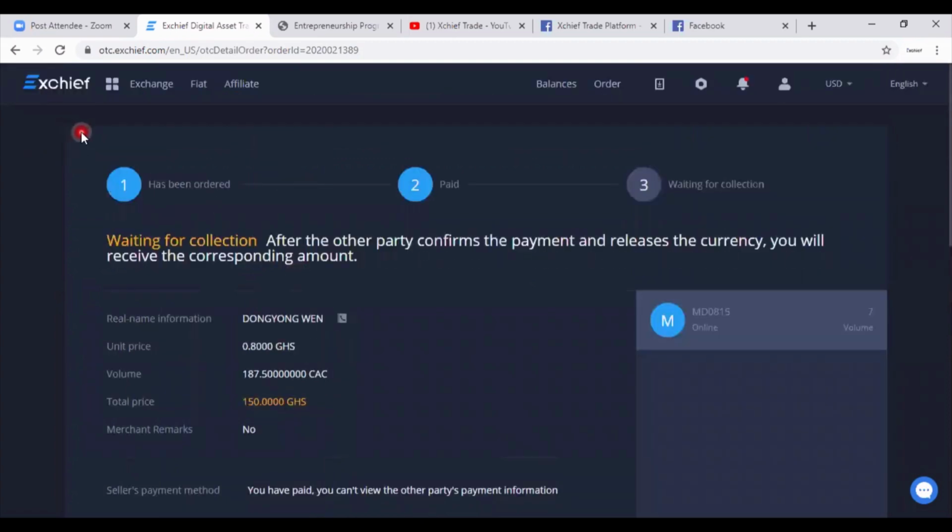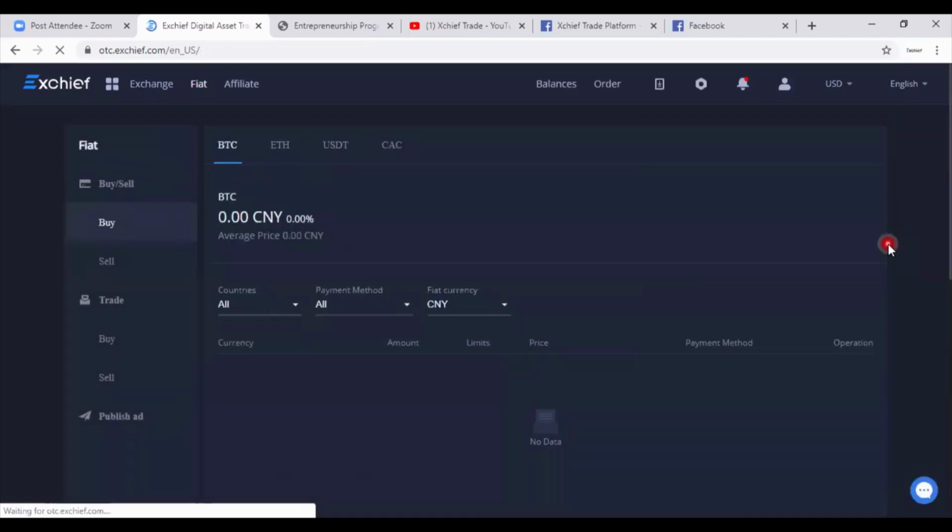So the last thing we want to look at is how to place an ad on the OTC desk. So maybe you have Bitcoin you want to sell, you have Ethereum or USDT you want to sell. You want to see how to handle that kind of scenario. Okay, so in the same way, you use the same fiat button, you come back to the home display of the OTC desk, and this time around you choose the publish ad icon. Okay, so we click on this,